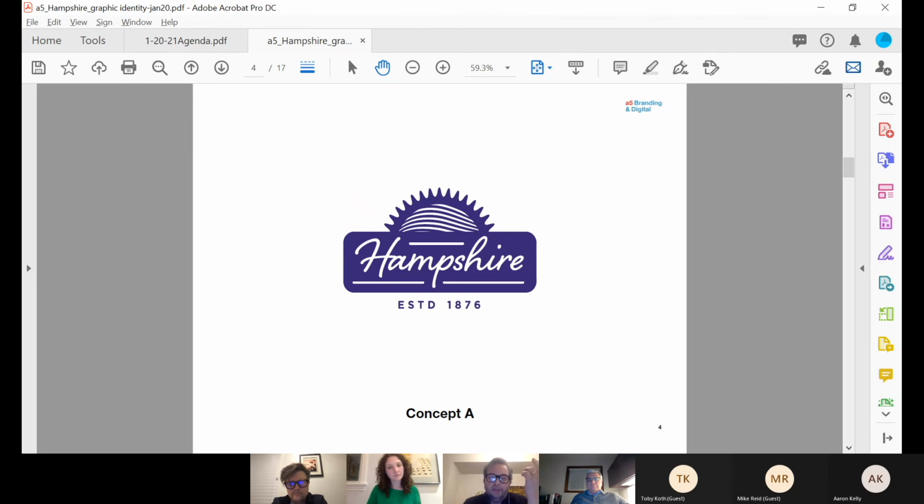So this is the purple logo brand identity with the script in it. And Fletch, if you're here and can talk, feel free. Yeah, I think the only real thing that we did to this one versus last time is we took a look at the cogs to make sure that those are not Genoa alike, and they are not. They're a good balance between cog and sun ray, and then we just thickened up those underline and the strokes above and below Hampshire just to make them the same weight as the script and sort of tie it all together a little better.